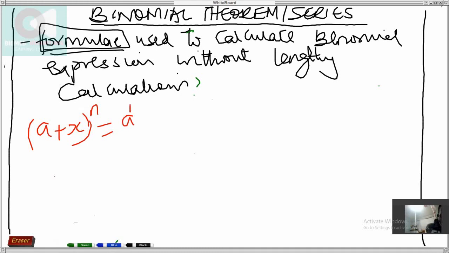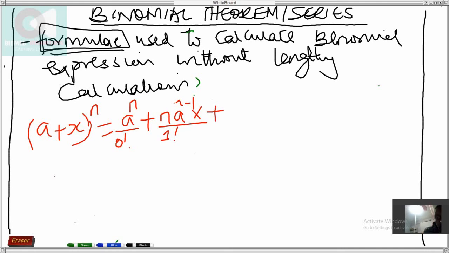So I have a raised to n divided by 0 factorial plus n a raised to n minus 1, then we have x divided by 1 factorial plus